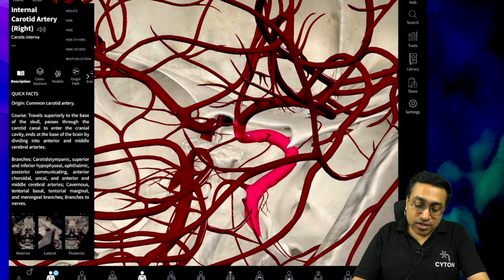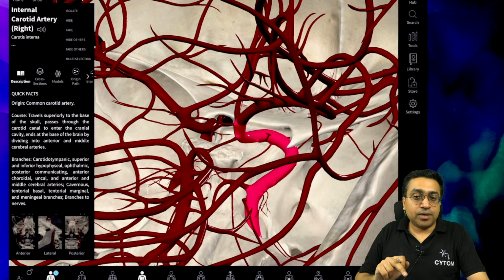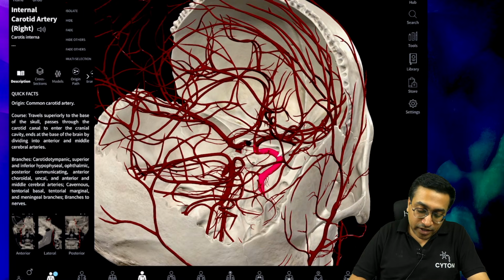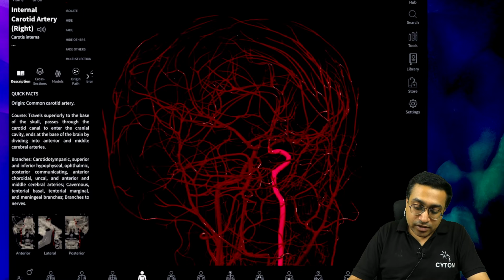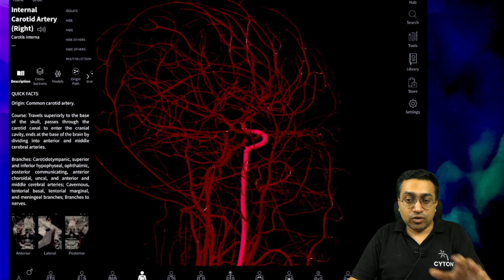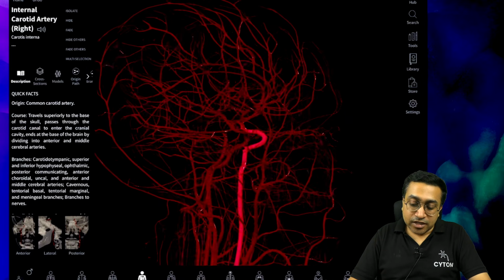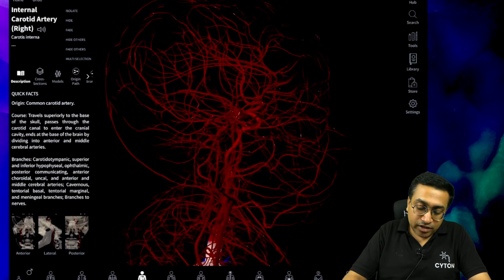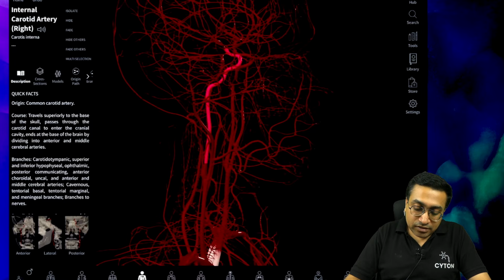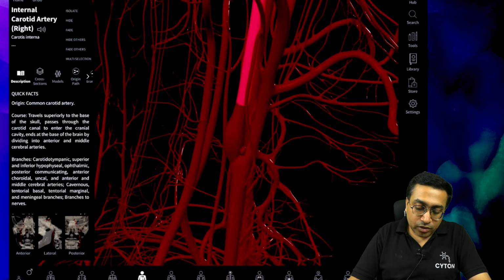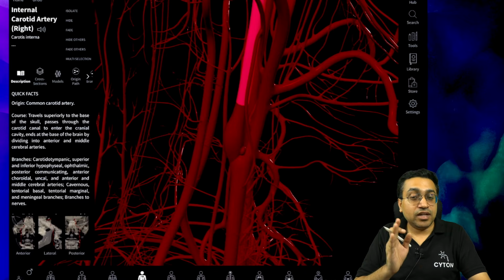Okay, so this siphoning part, the S-shaped part, indicates the internal carotid artery. So in this entire network of the arteries in the brain, I hope it is visible, the blackish part, we can identify very easily the internal carotid, and the internal carotid is the one which you can see coming off from the common carotid. The common carotid is bifurcating into the external and the internal carotid.